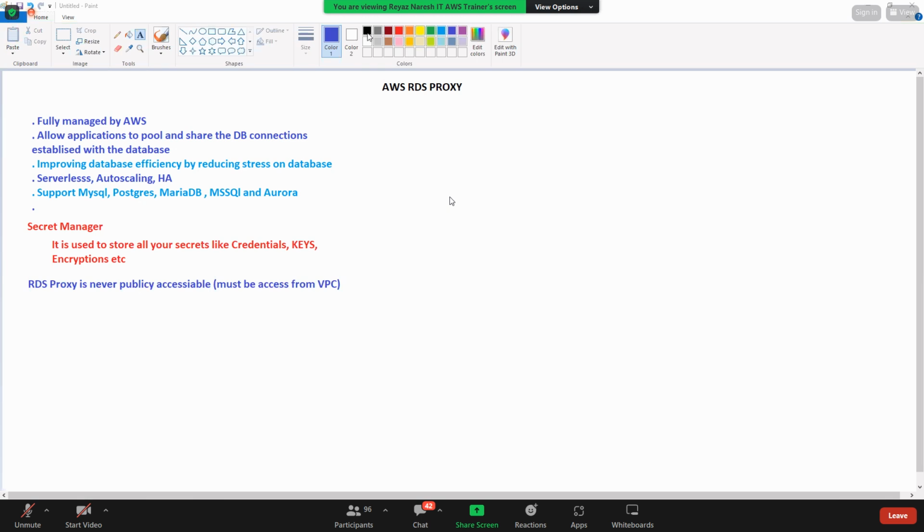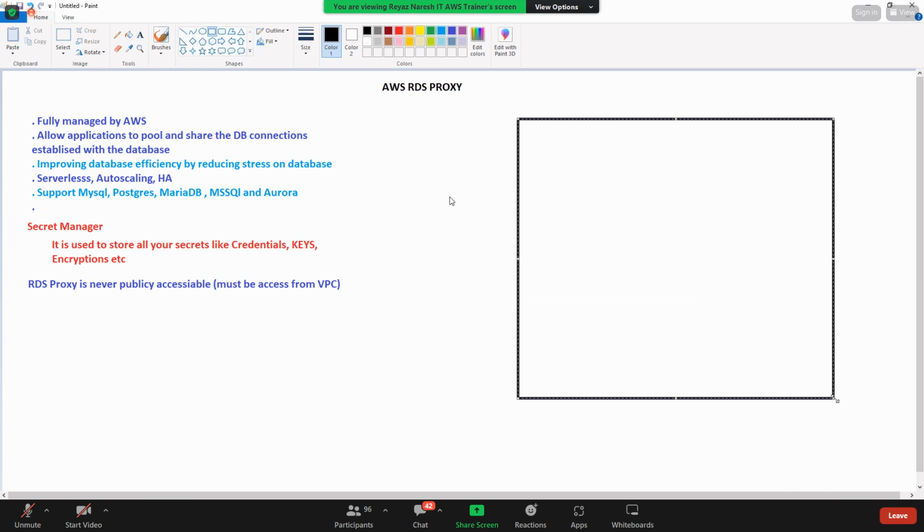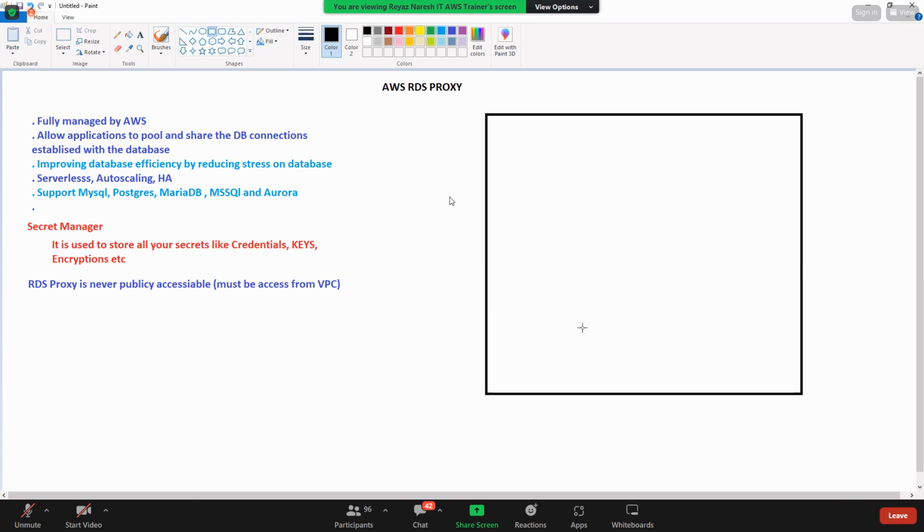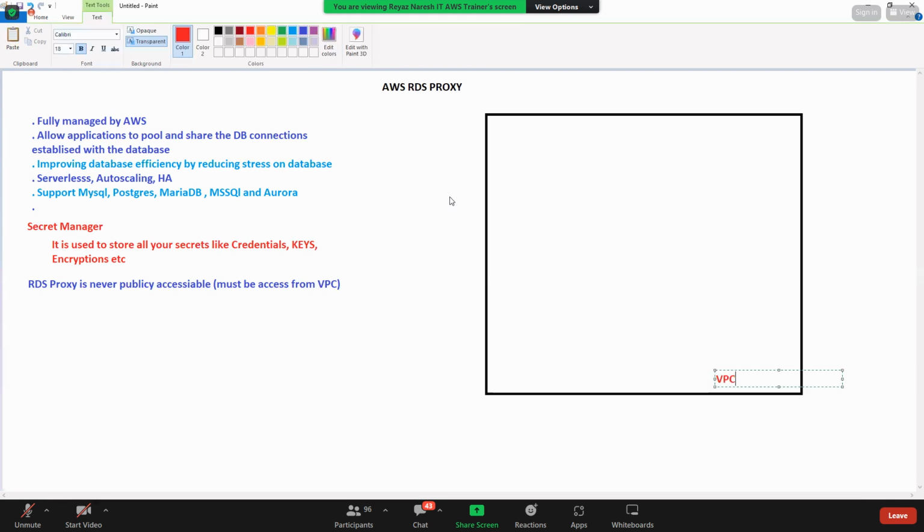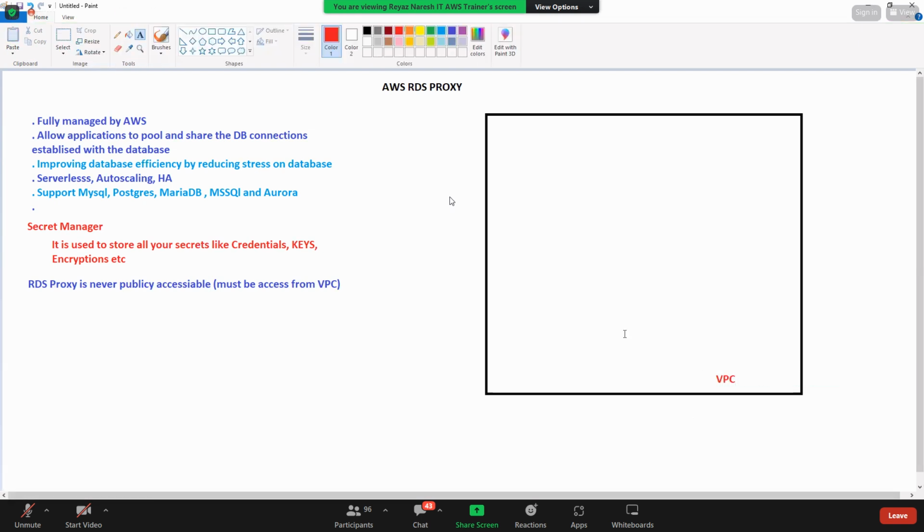So basically, I'll draw. This is your VPC. Inside your VPC, you have availability zones, etc., right? And also, you have your own private subnet. So this is, let's say, a private subnet.